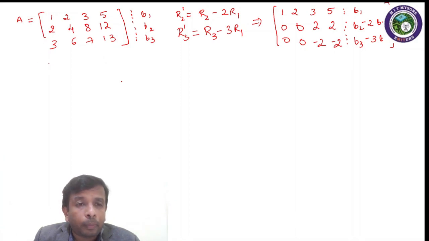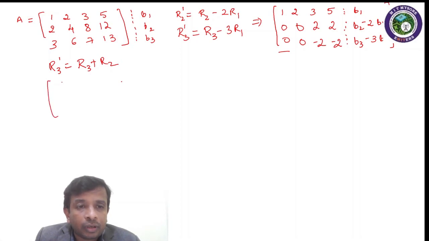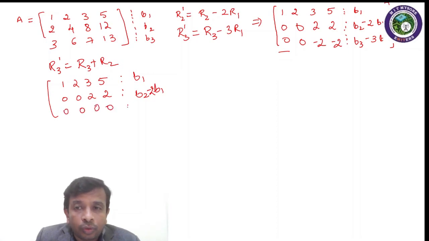And when we do the row operation R3 dash is equal to R3 plus R2, from this matrix we will see that the matrix becomes 1, 2, 3, 5, 0, 0, 2, 2, this being b1, and this unchanged with b2 minus 2b1, and this becoming 0, 0, 0, 0